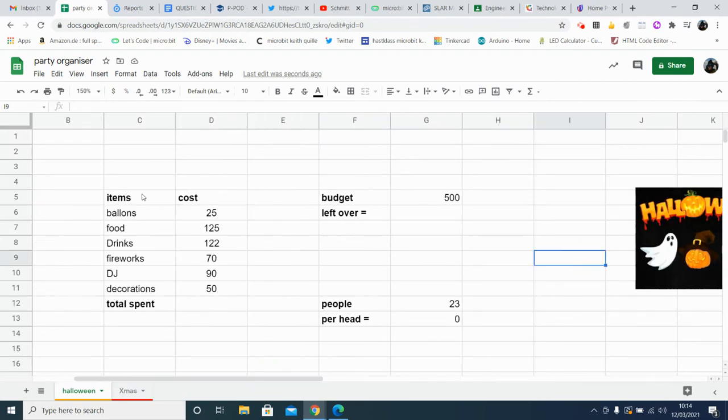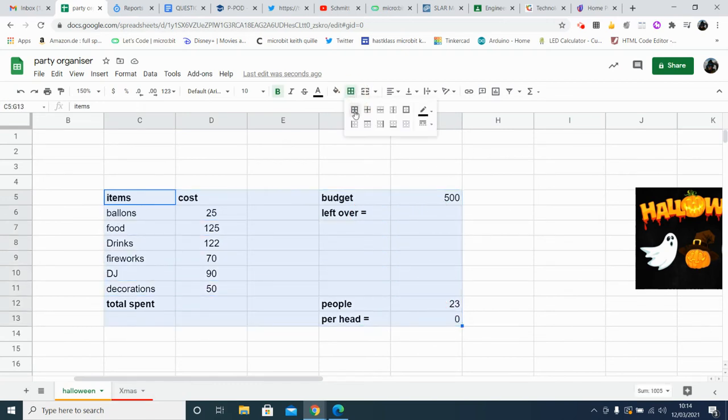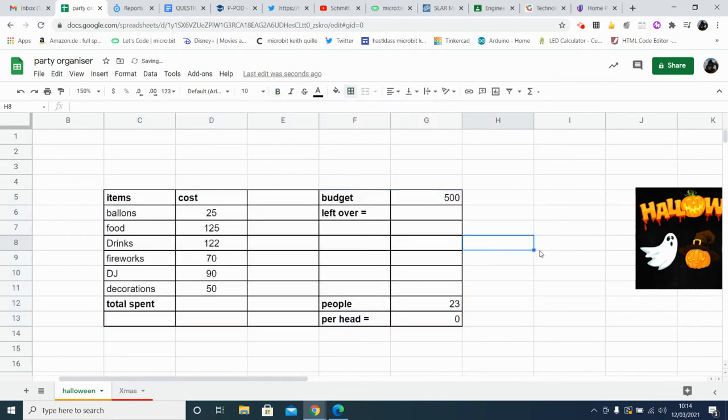This is where I'll be working. I'm going to highlight my cells right to my borders. Fill them all in like that. Okay. Now,